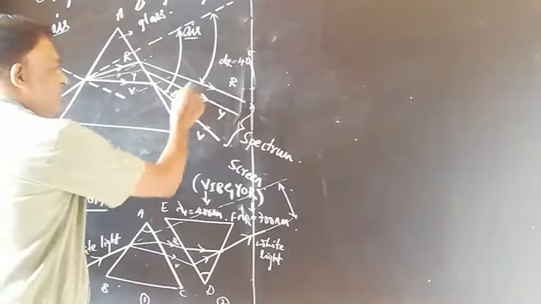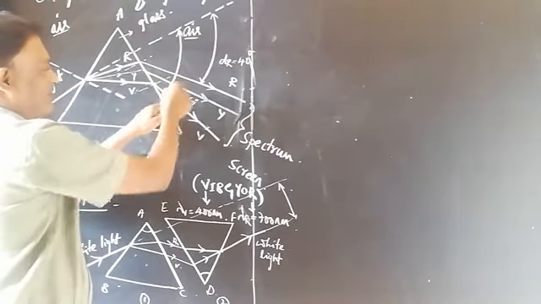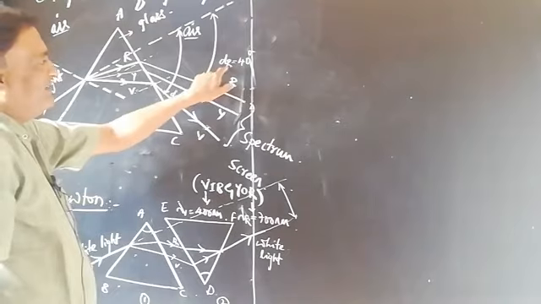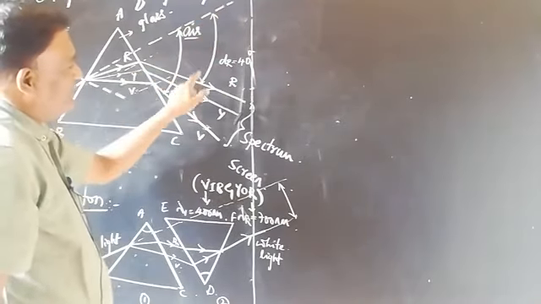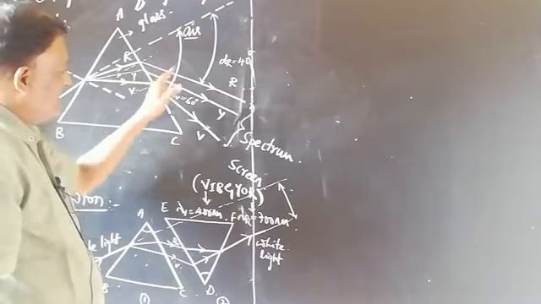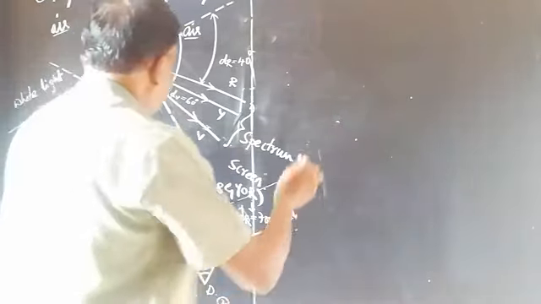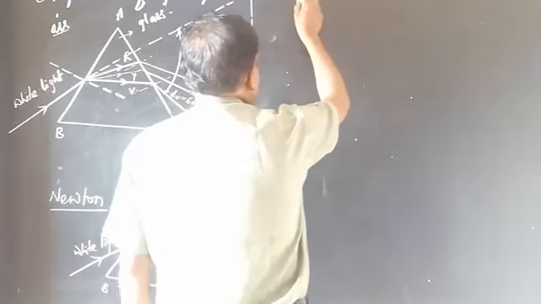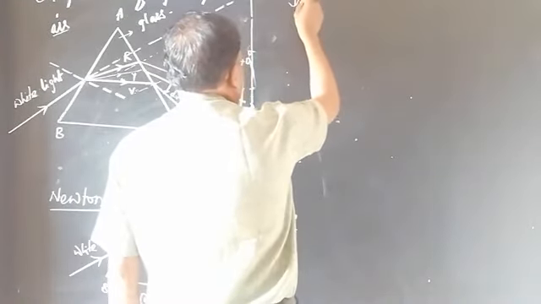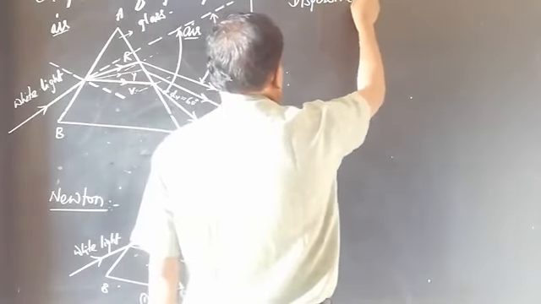So what are dV and dr? dV is the angle of deviation for the violet color and dr is the angle of deviation for the red color. Red bends least, whereas violet bends most. Thereby we discuss the angular dispersive power. Dispersive power.